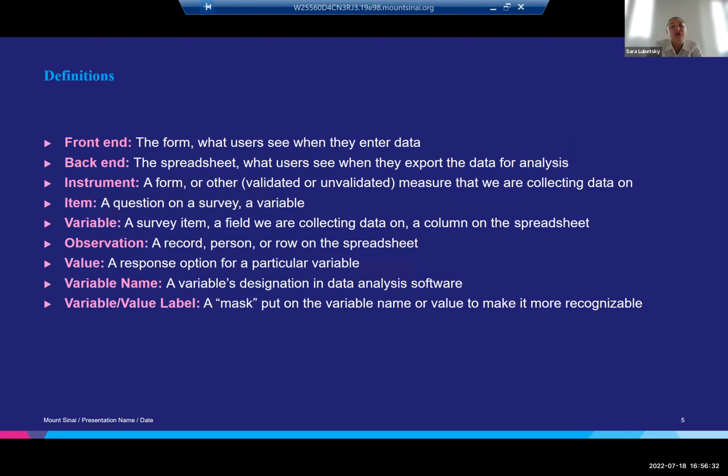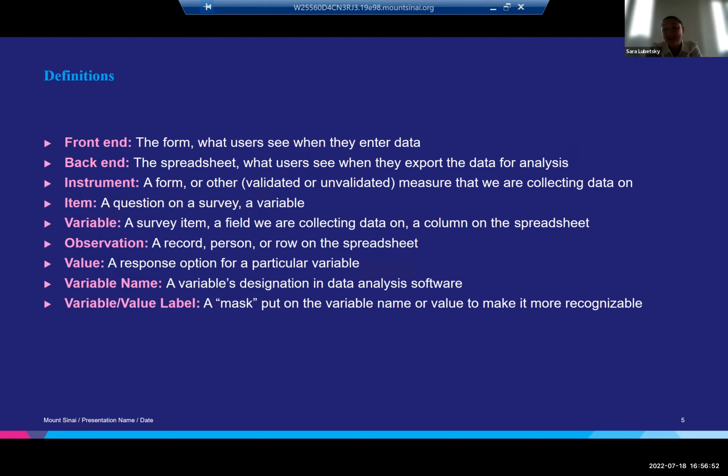So for example, if I have a question that has two options, yes or no, yes is a value and no is a value. We have variable names, which are the names assigned to